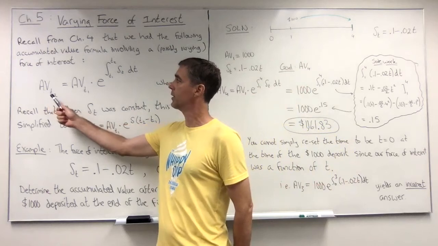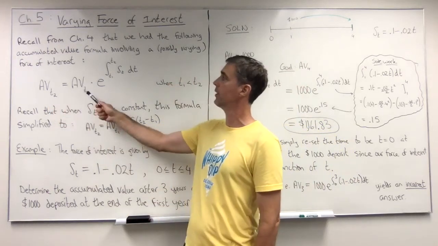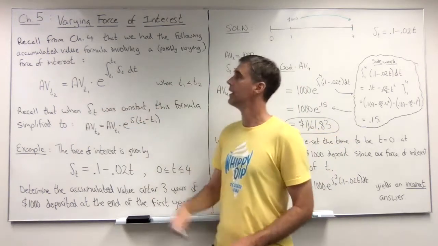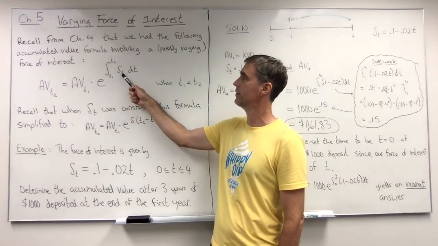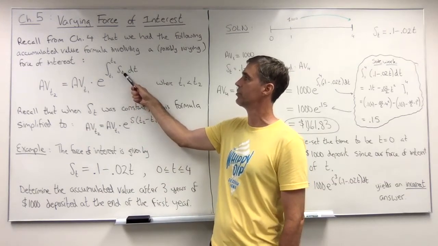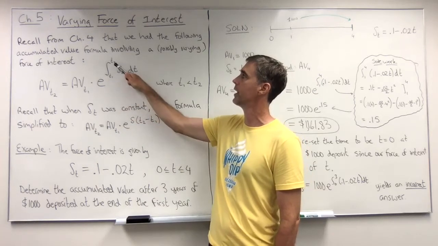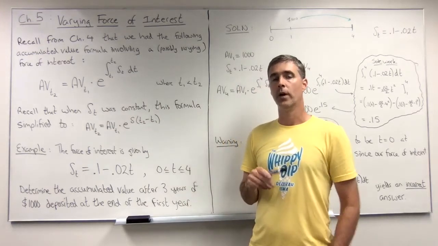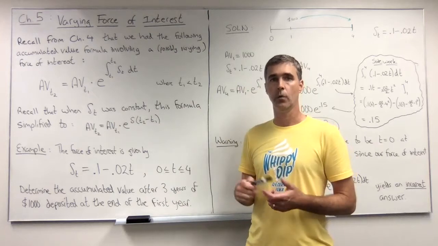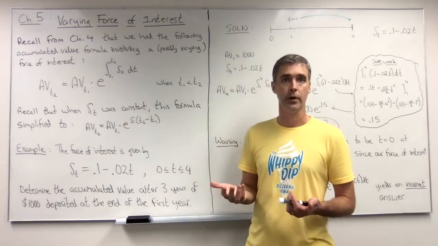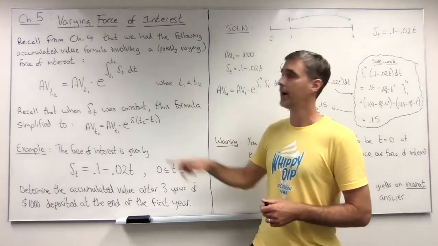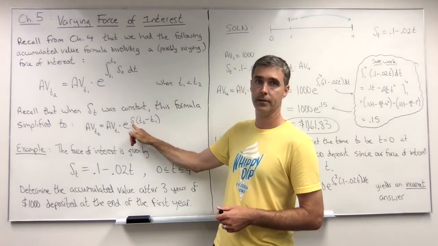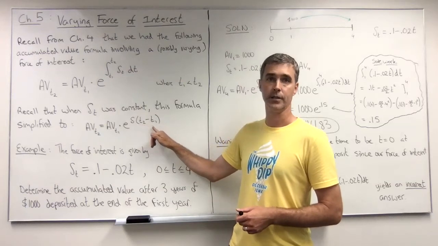So the accumulated value at time 2 was equal to the accumulated value at time 1 times e raised to this integral power. And it's the integral of the force of interest. It's the definite integral of the force of interest evaluated from time t1 to time t2, where t1 is the earlier time from t2. Now, when our force of interest was not varying, when it was a constant, like 0.03, 3%, this formula is simplified because the definite integral of a constant is simply the constant times t2 minus t1,